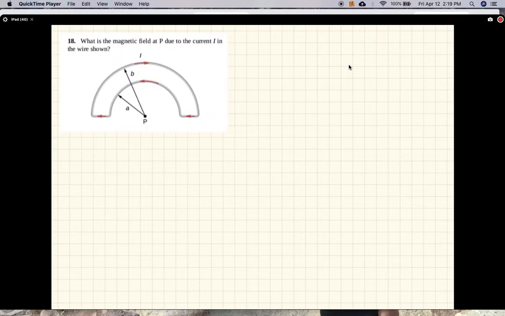Okay, so let's see what this problem says. What is the magnetic field at P due to the current I in the wire shown? So the current is flowing like this, and right. So we will use the Biot-Savart law for this to find the magnetic field, and the basic element is